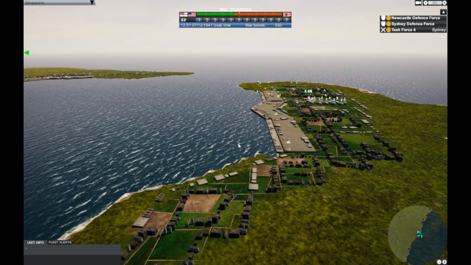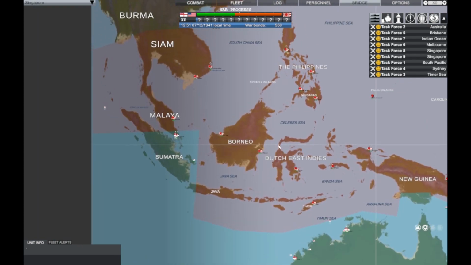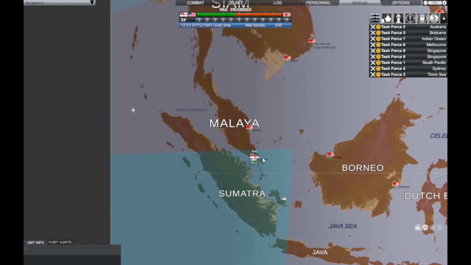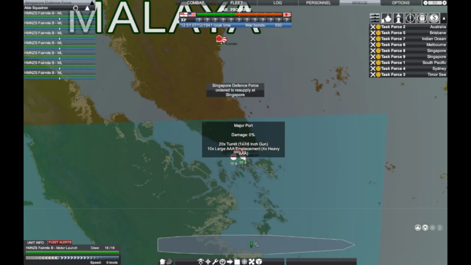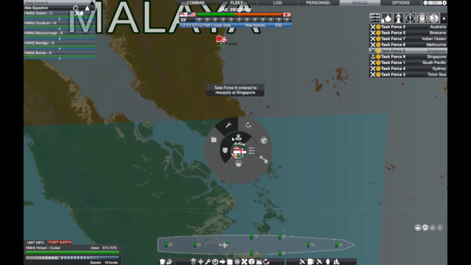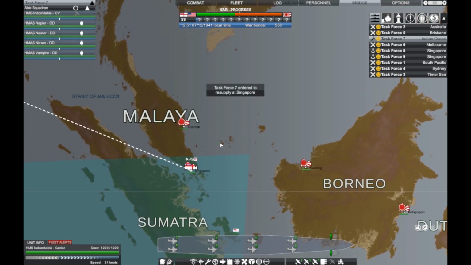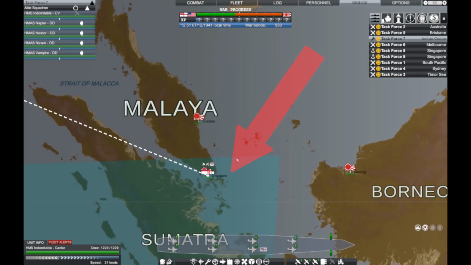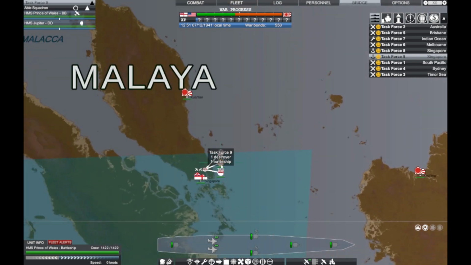Starting out, you're going to be very on the back foot with almost no ships and basically all of the Philippines captured. One of the first things you want to do is around Singapore. You have a battleship, a cruiser, and an aircraft carrier task force that you can use to defend it, and you're about to get about 30 Japanese vessels, mostly destroyers and cruisers, coming in piecemeal on this bearing. You do have the ability to successfully beat them, but it's going to probably take a lot of time and